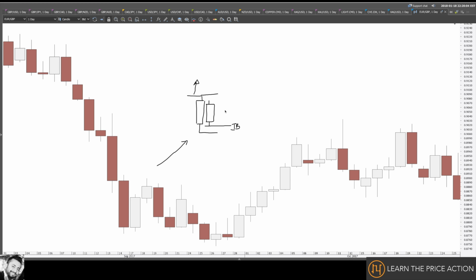But there's a lot of confusion because inside bars form everywhere, and the way to trade them can be a little confusing. The best way to trade an inside bar is, number one, when you have a trend that has just recently started. For example, the market was moving down and it pushed back up. Okay, and then secondly,